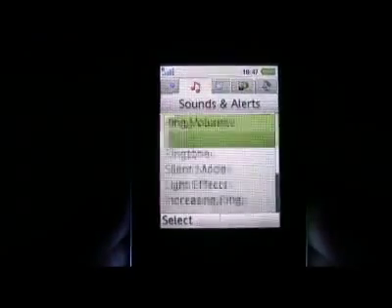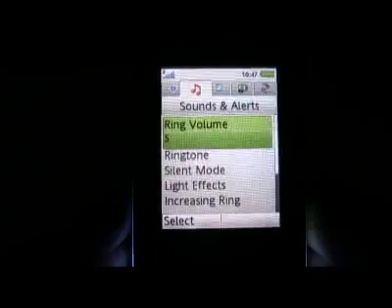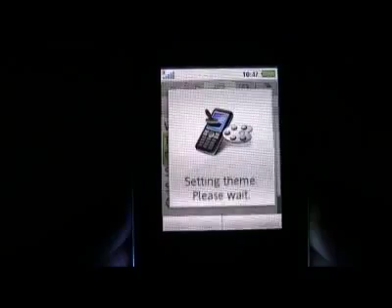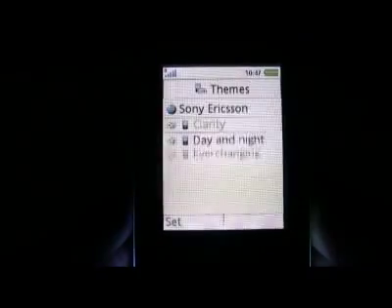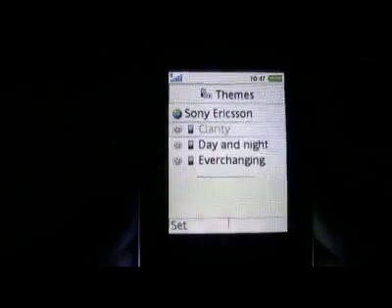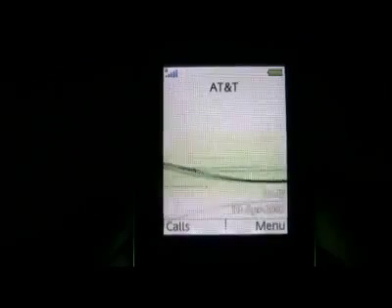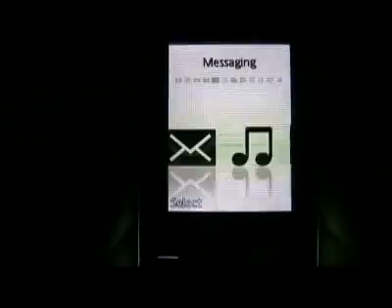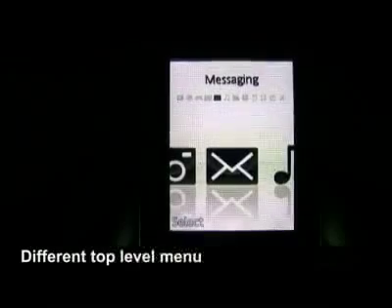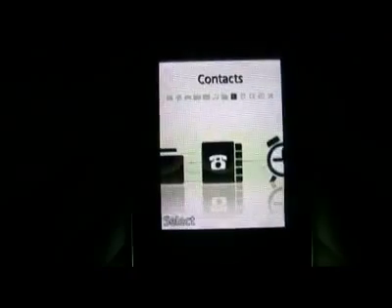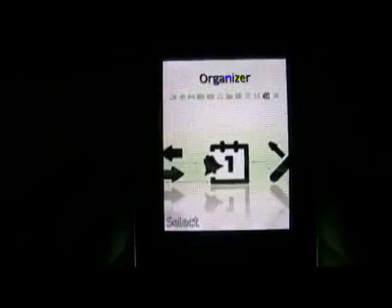If I go to settings and change the theme one more time, this time I'm going to choose day and night. Again, this is another pre-installed Flash Lite theme for the Sony Ericsson S500. Now if I go back, this is the wallpaper. Now, this is a Flash Lite wallpaper. The light on the side is kind of a white-green color. Now if I choose menu, this is a different menu. Again, this is built using Flash Lite. I'm pressing left and right on the 5-way navigation to choose different icons. So if I choose settings